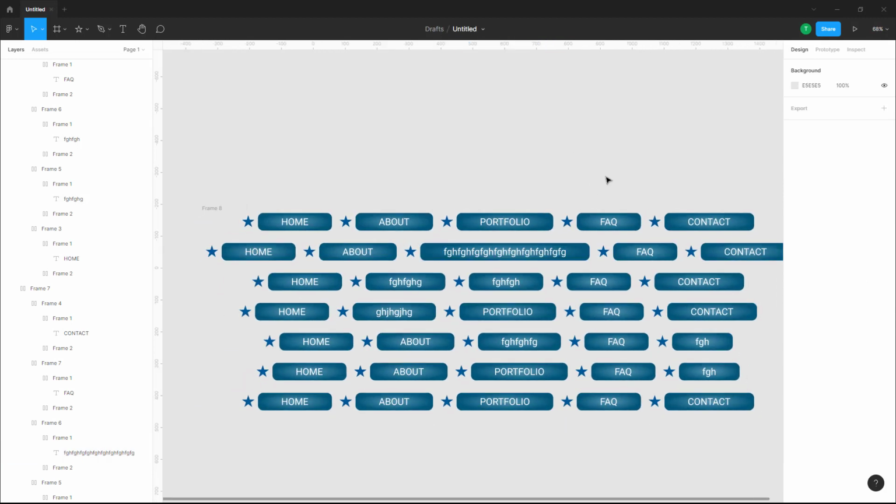So that is how you can use multiple auto layouts inside of Figma to have very, very dynamic content for design. So hope you guys learned